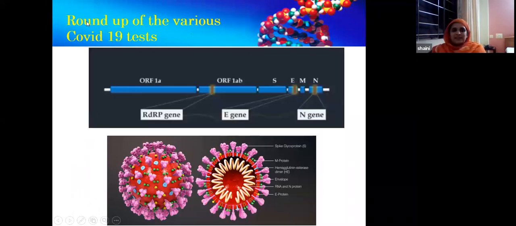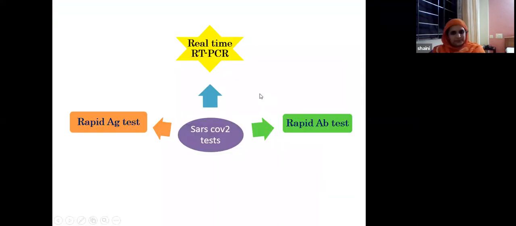Now, finally, with that we come to the end of all the immunologic and molecular tests. This is just a roundup of the various COVID-19 tests. Just to reiterate, this is a COVID-19 virus. It is an RNA virus. It is enveloped, and these are some of the areas which are tested in COVID testing. In antigen-antibody testing, the spike protein, M protein, E protein, etc. And if it is a molecular test like PCR, then usually the ORF1 gene or the E gene or N gene. These are the segments of the RNA that are tested by PCR.